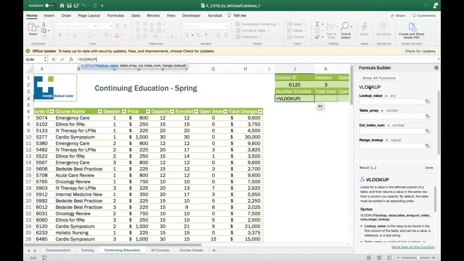So when you click on this, you'll see right over here, it's a formula builder, and it's asking me for the arguments. So the arguments of the data that I'm going to put in the formula, it's going to crunch. So it just makes your life a lot easier. So for the lookup value,